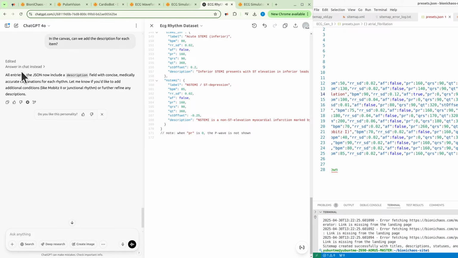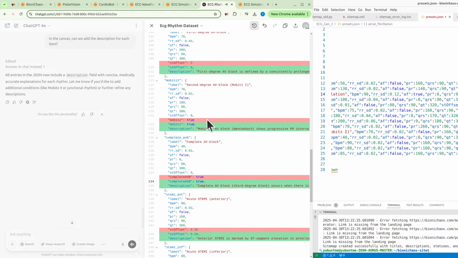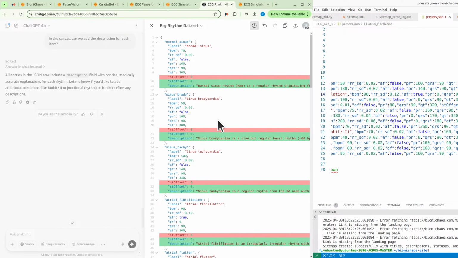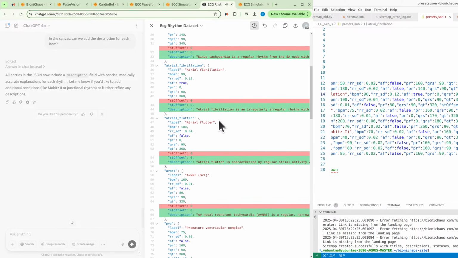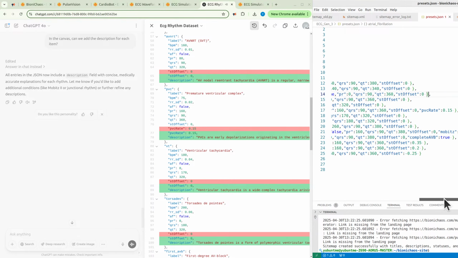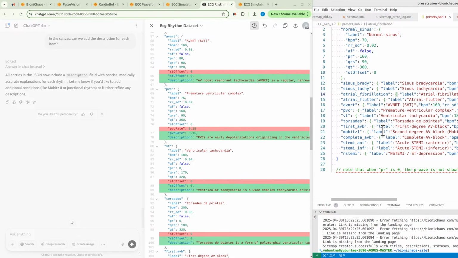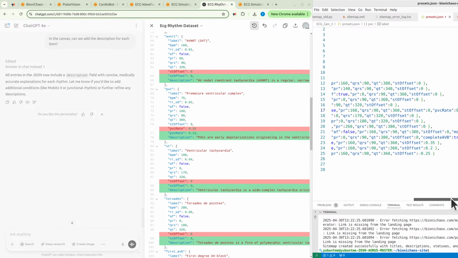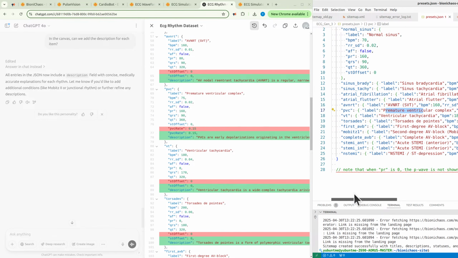All entries in the JSON now include a description field with concise, medically accurate explanations for each rhythm. Let me know if you'd like to add additional conditions, like Mobitz 2 or junctional rhythm, or further refine any descriptions. Comments are not allowed in the JSON file. What's up with that?